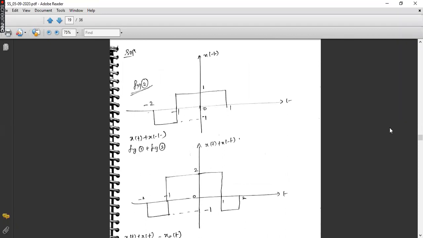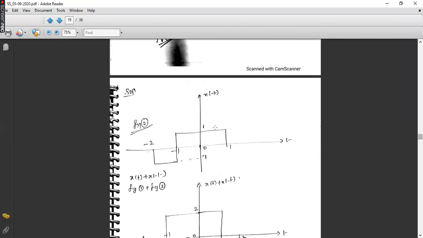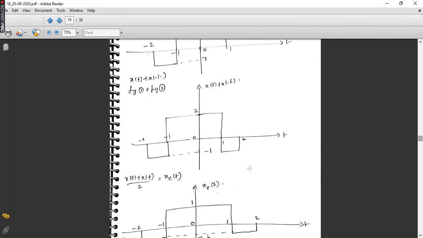Now coming to the last interval 1 to 2, here during the time interval 1 to 2, the signal is at -1. But coming to the second figure, during the time interval 1 to 2, do you have any signal over here? No, that means 0. So -1 plus 0 is -1. So your output will be at -1. -1 means you have to plot it in negative y-axis, that is down the x-axis. So this is x of t plus x of minus t.